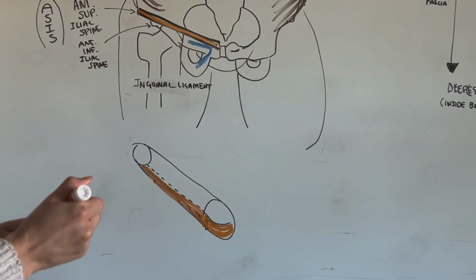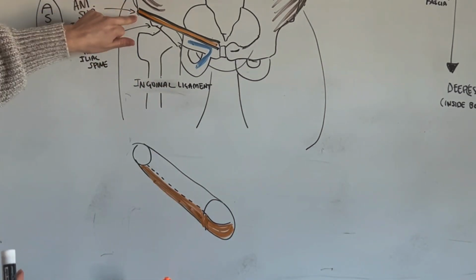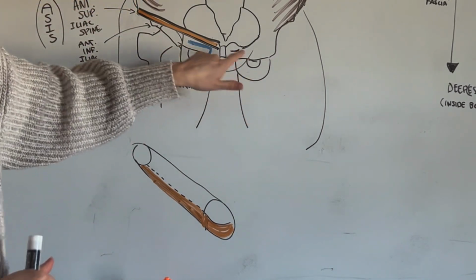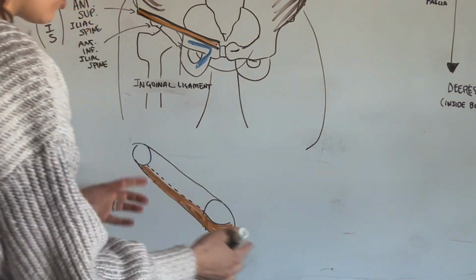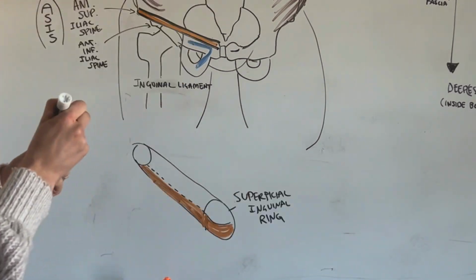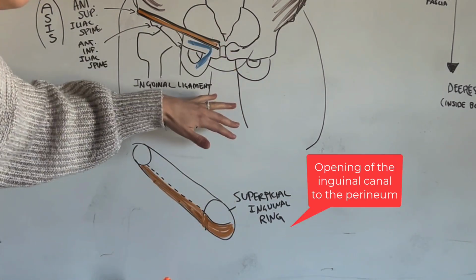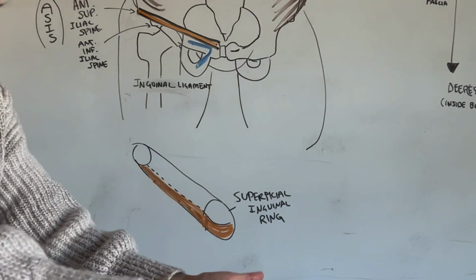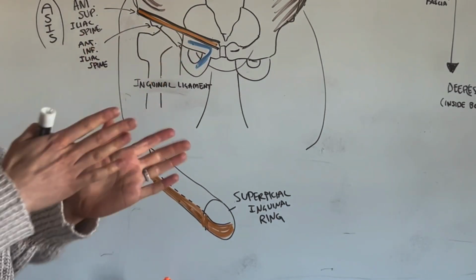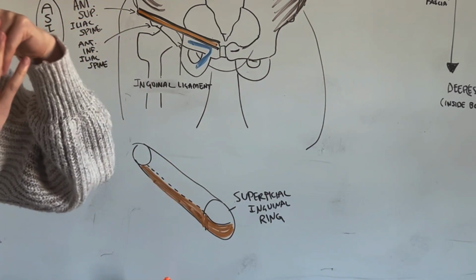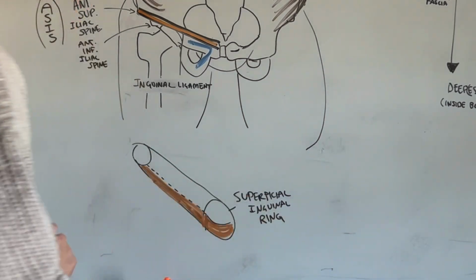We're going to get into the weird thing the inguinal ligament does and why you have to learn two other words right now. So when the inguinal ligament starts at the ASIS, it attaches to the pubic tubercle, I said, that bump on the pubis. When it attaches to the pubic tubercle, so at the opening, which is called our superficial inguinal ring, so at our superficial inguinal ring, the opening to where? To the perineum. It's not really like it opens and comes out of your body through your skin. That would be horrifying. But the opening is under the skin, but very superficial. It's right underneath that subcutaneous tissue, this opening. So when you dissect, you absolutely see the opening of your superficial inguinal ring, and I'll teach you how to